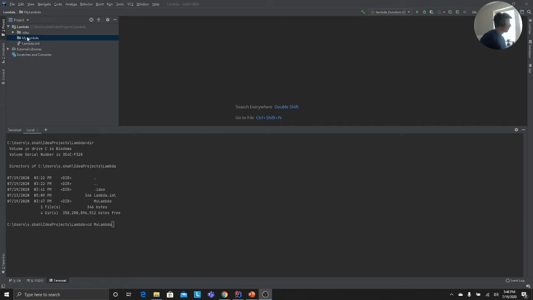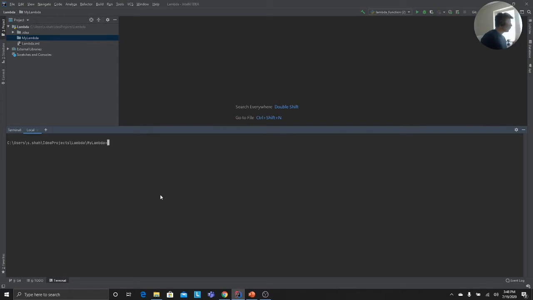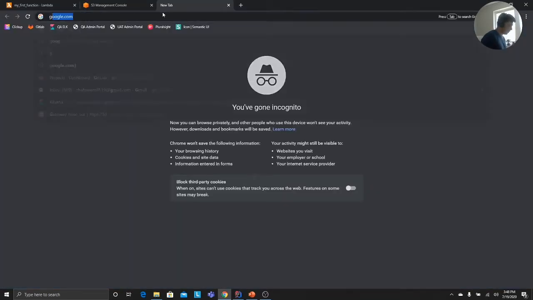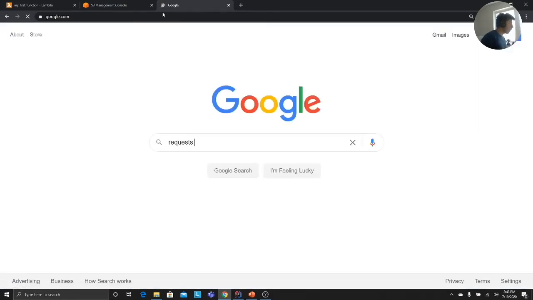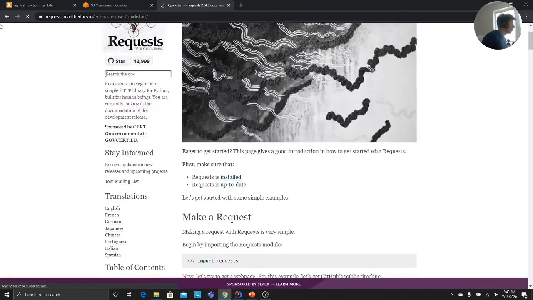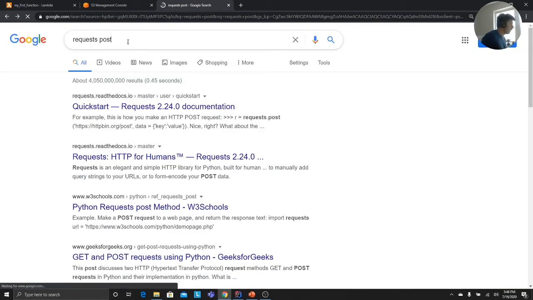So I created a folder called my Lambda. Now head over to that folder. Now what we need to do, here is the problem. If you say pip install, let's say for example you're using the requests module in your Python package, let me show you that actually. That's what I'm trying to show you, the problem: why you need to install packages using Linux instead of Windows. I want to show you the reason especially for doing that.